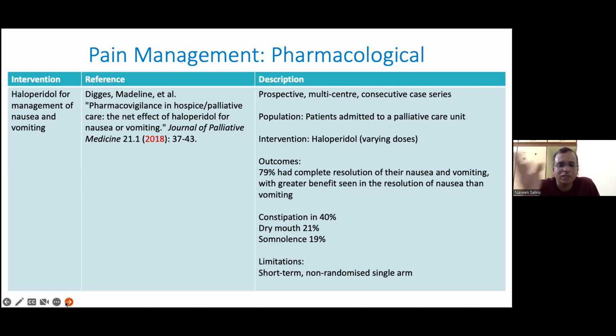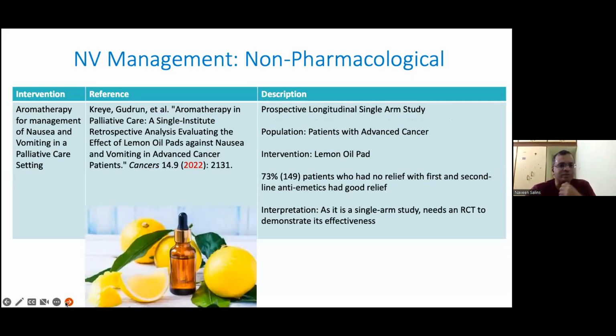study. But if you look at the previous study, which was a randomized control study comparing levomepromazine with haloperidol, haloperidol was not found inferior, or levomepromazine was not found superior. So haloperidol still has a lot of evidence coming in. It's a 2018 publication. Now going from pharmacotherapy slightly to